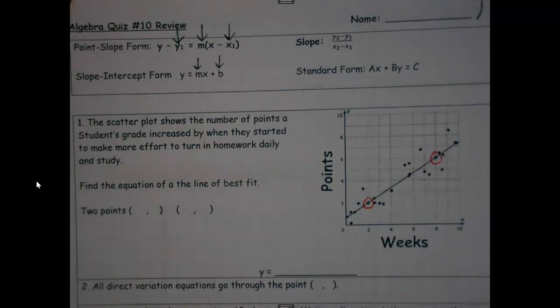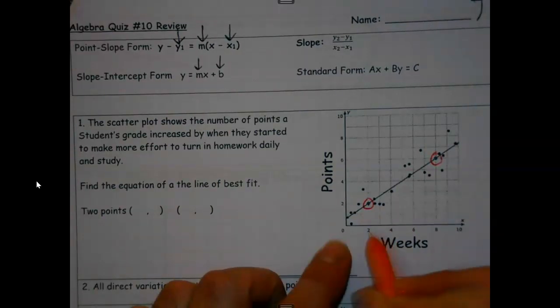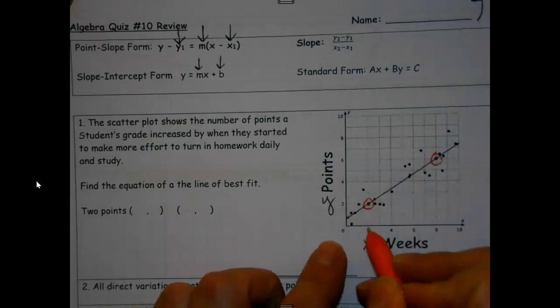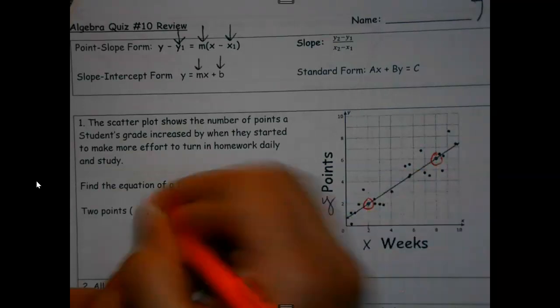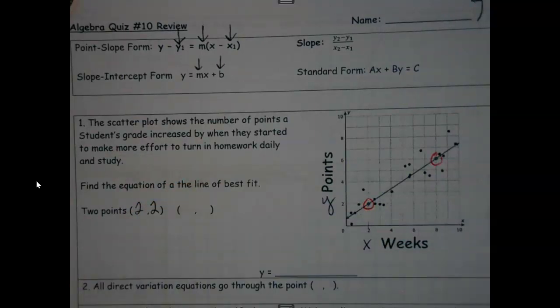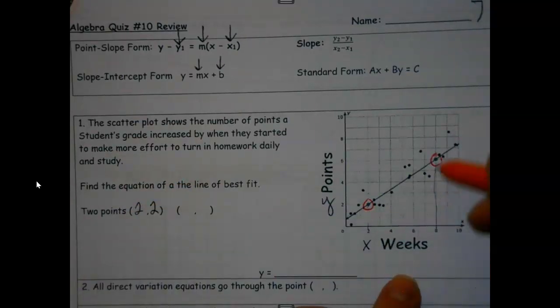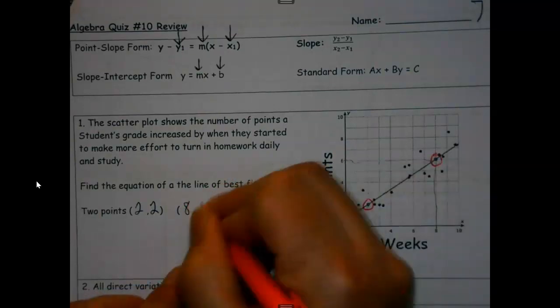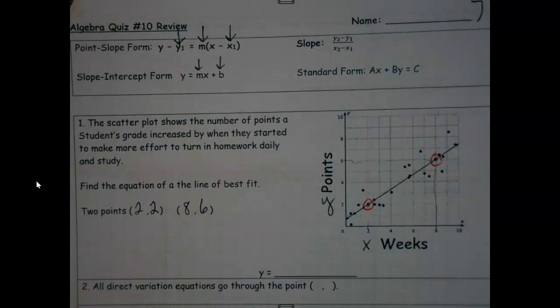And first thing we're going to do is write down the 2 points. So here's my x's, here's my y's. So I'm at 2, 2. So there's one of my points. And then my other one is at 8, 6. So once I have the 2 points,